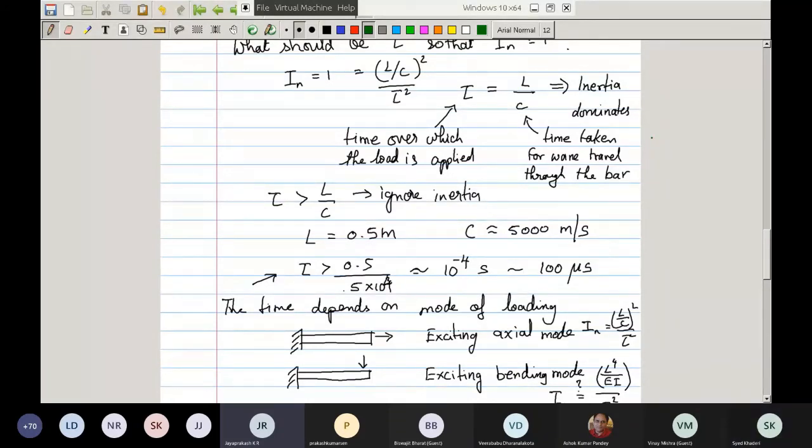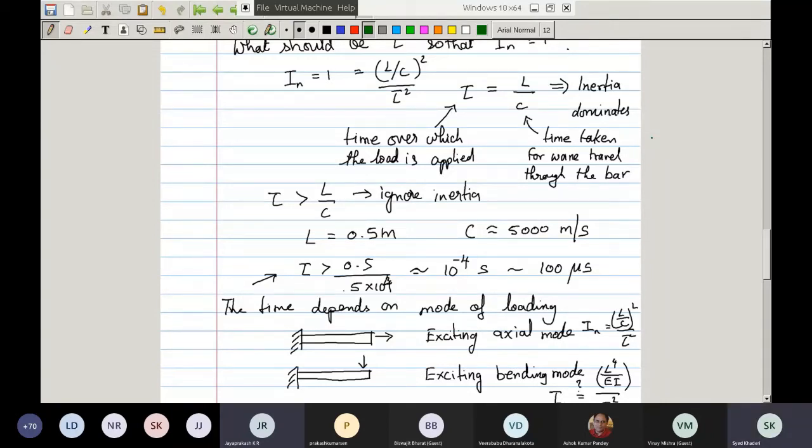And each one of them has a certain eigenvalue and a corresponding characteristic frequency, its natural frequency. Yes. So then how can we in fact say that for a certain type of loading, you can consider it to be a static problem or a dynamic problem? How do you characterize that? Because you excite all the modes in this case, isn't it?